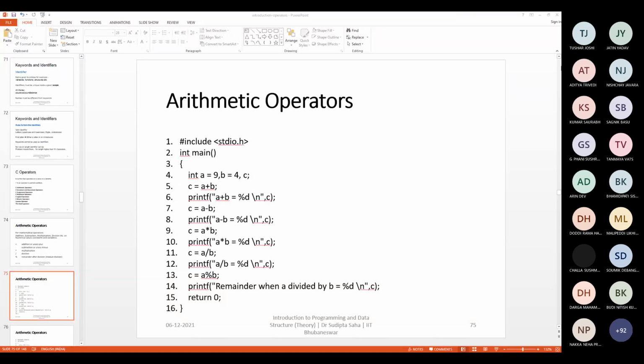So just type in Google float size in C. Float size is saying 4 bytes and integer size is also 4 bytes, right? Yes, sir. So unsigned integer type is 4 bytes, short integer type is 4 bytes.